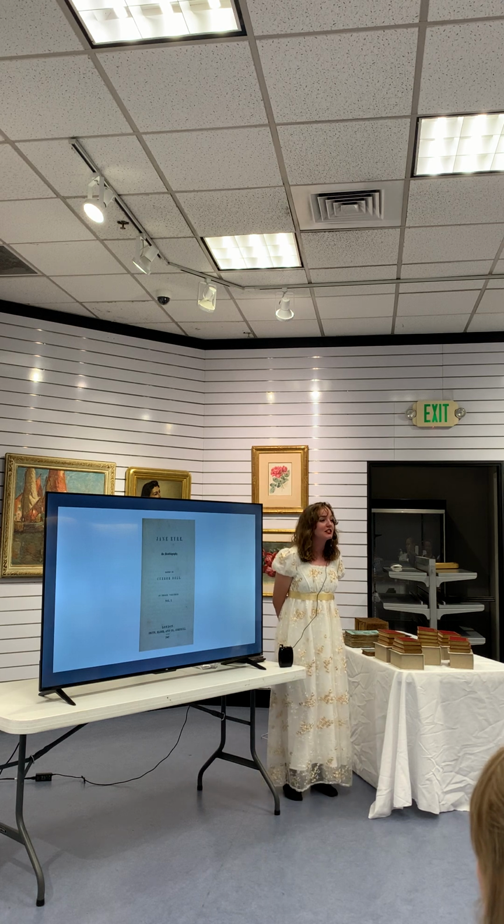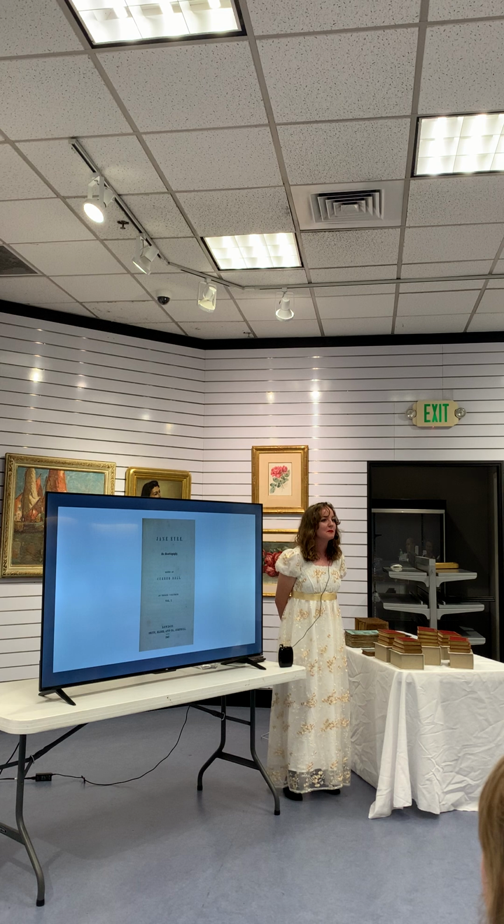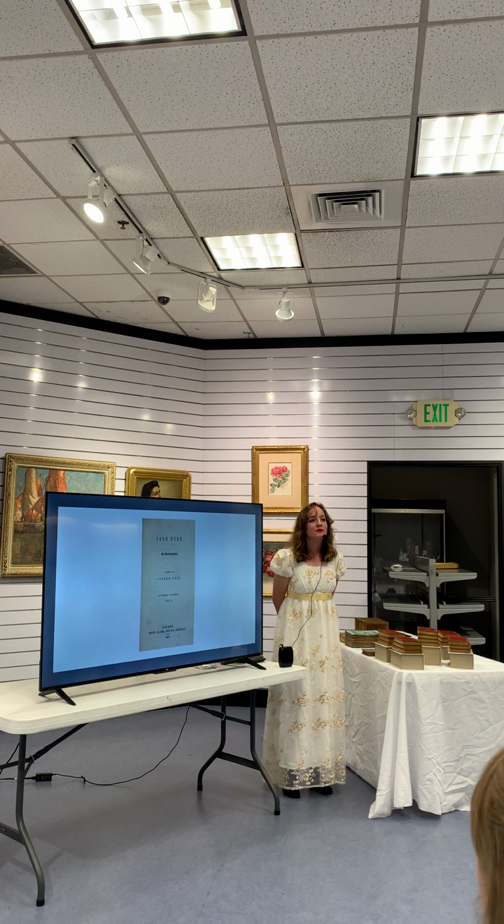Yes, it's set during the early 19th century and it has a romantic plot. Does it read very much like a Regency romance? Not really. Interestingly though, it's pretty,